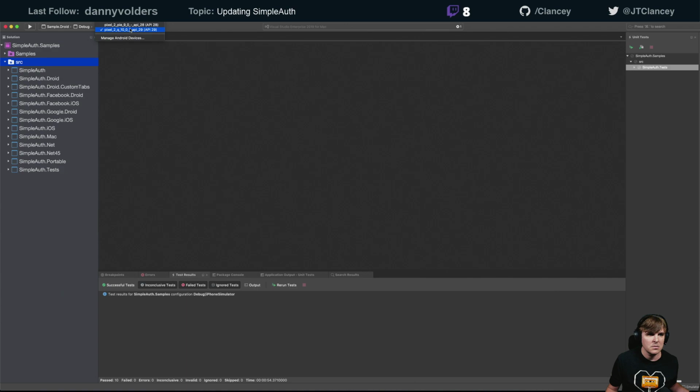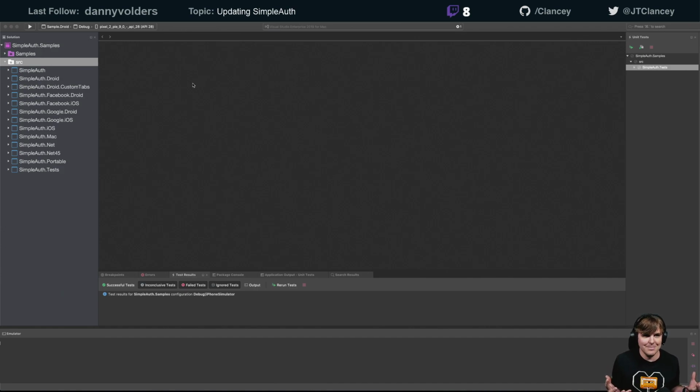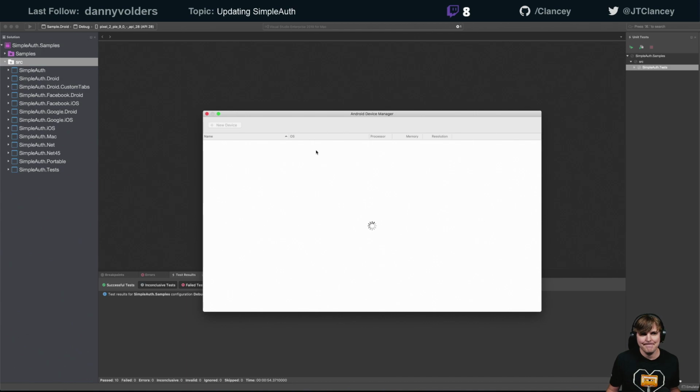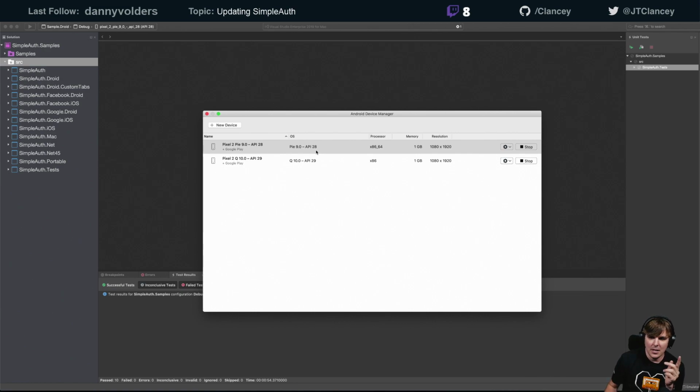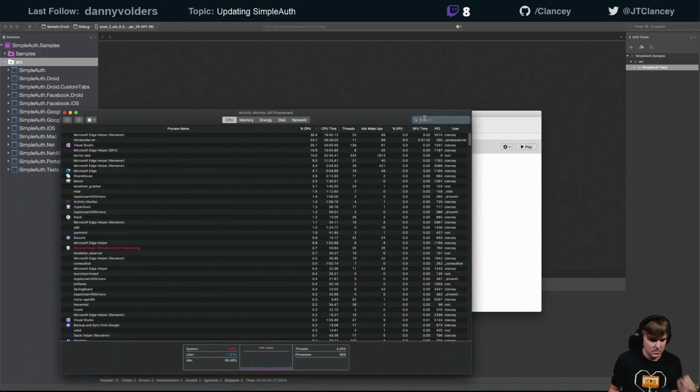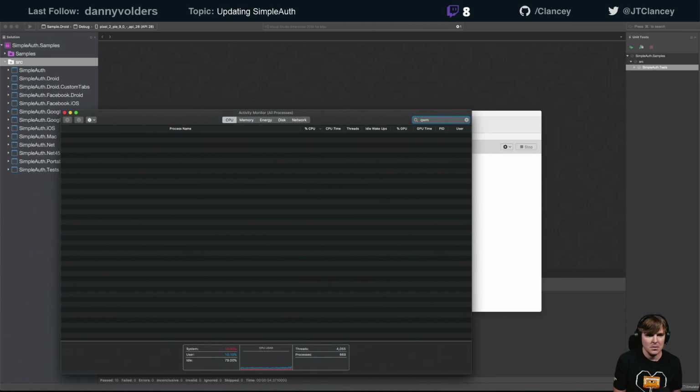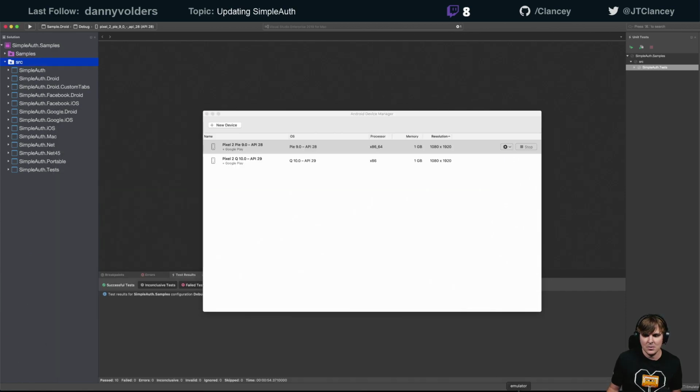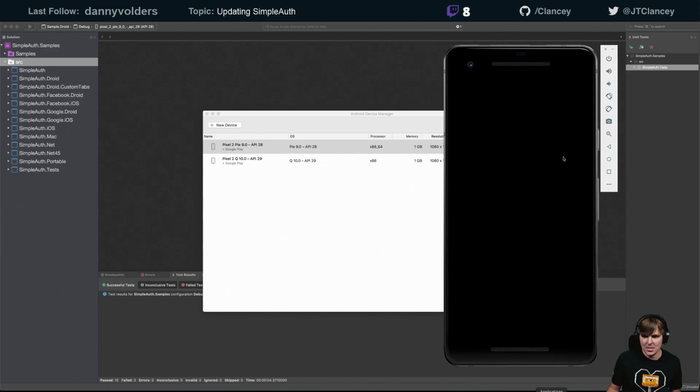Are you not going to start my simulator or emulator? What are you doing, Visual Studio? Android Device Manager, are you going to launch? All right. They're not running. Why does it say stop? Oh, wait, nope, now it's gone. Just being really slow. Which one is that? All right, well,